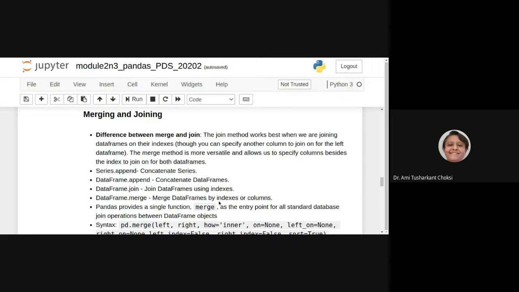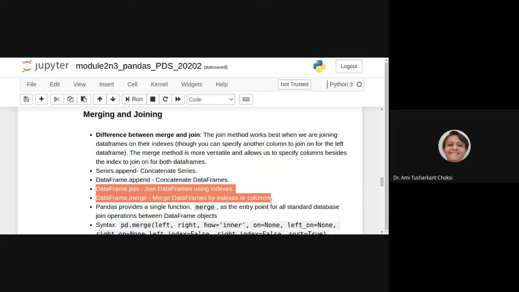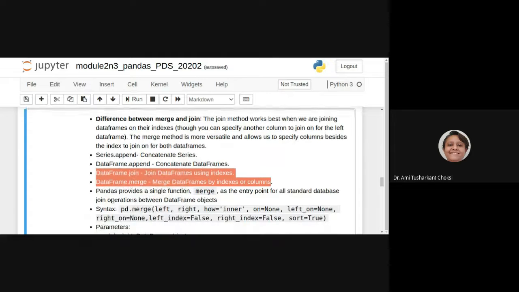Merge data frames by indexes or columns. See, you can see the difference. Here, join will join data frames using indexes. What about merge? It is merging the data frames by indexes or by columns.